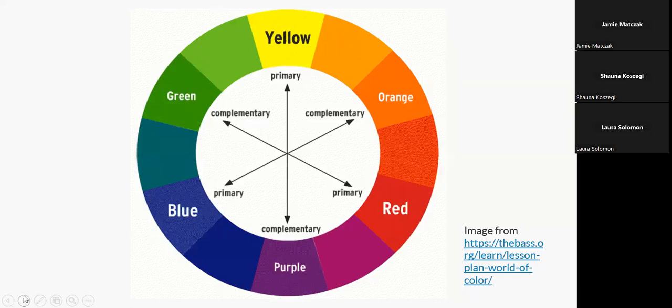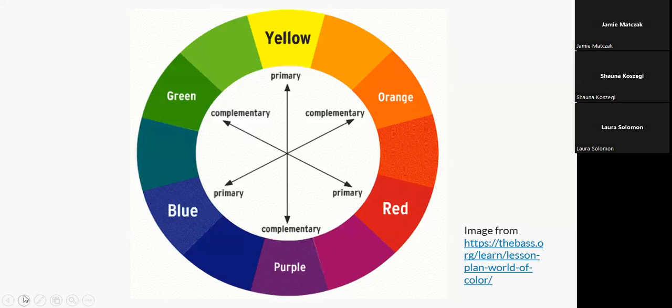So you may have seen something like this before. This is one of my favorite color wheels, I guess, in the sense that it has very strict borders. I'm going to show you something in a minute that will help you understand why I say that. But I find this particularly useful because when we're talking about color combinations, it's often a good idea to use things that are completely opposite from one another. And part of that has to do with contrast also.